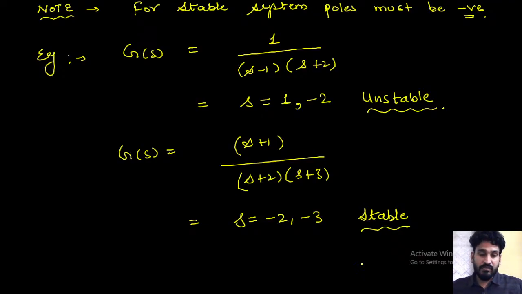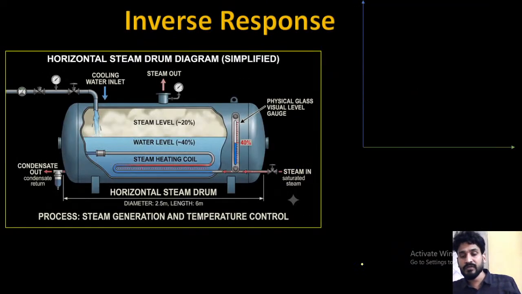So this is the information about zeros and poles, which is very, very important for us to understand the next topic, that is called inverse response. I think in class 11 or 12, you were asked what the inverse response is. See, these are the last topics. So please write inverse response and we will try to understand the meaning of inverse response.